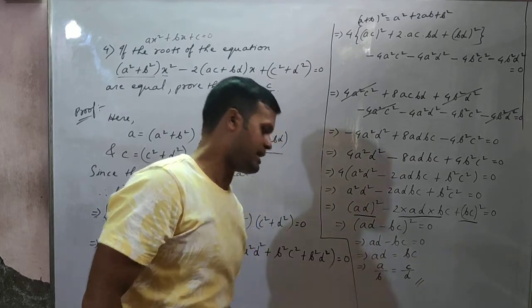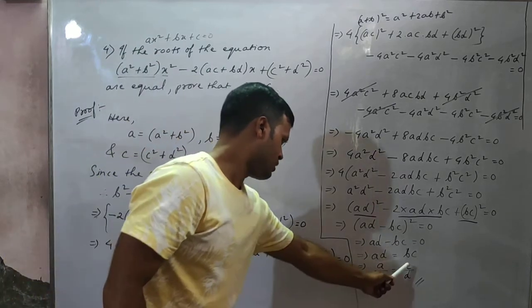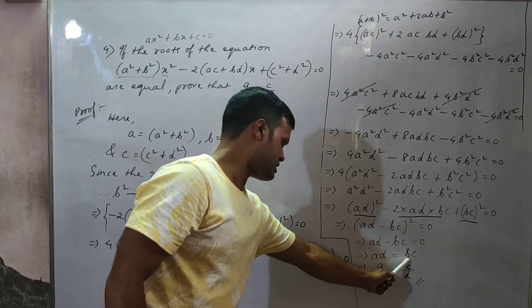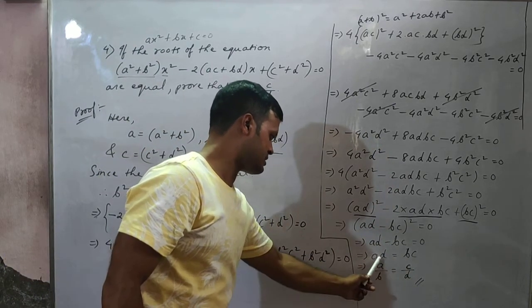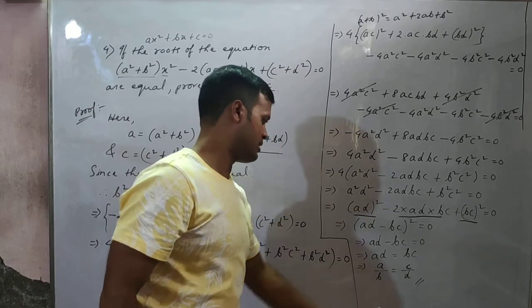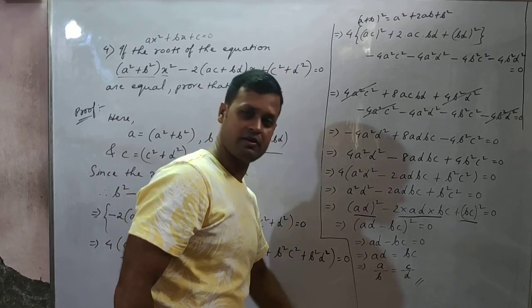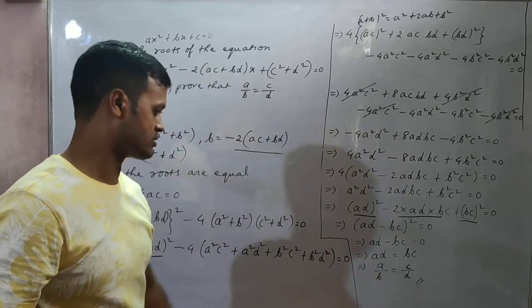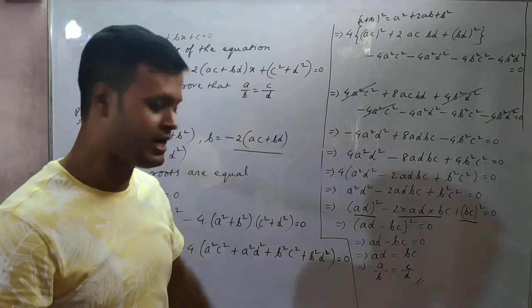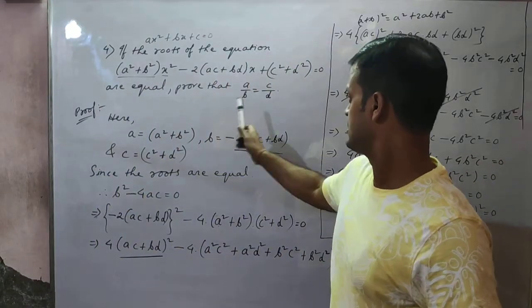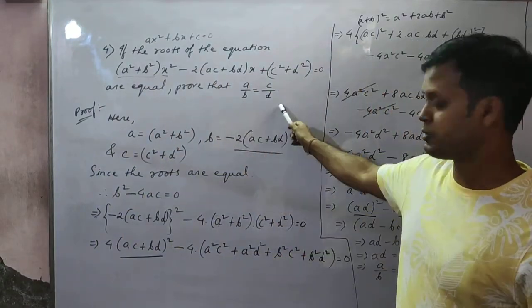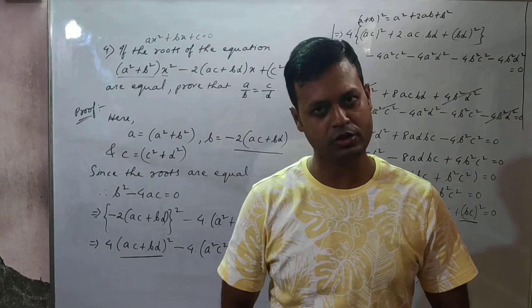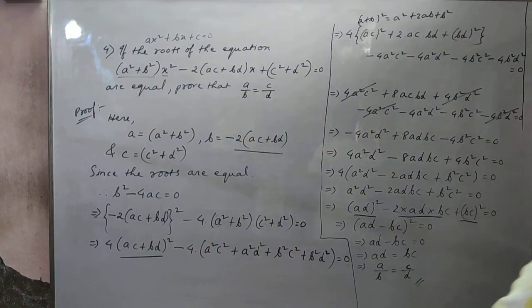Minus BC if I take to the right side it will become plus BC. So this B is there now. This B I'll cross multiply and bring this side, and this D I'll cross multiply and bring this side. B is multiplied now. Here if I bring it, it will get divided. D is multiplied here. If I bring it that side it will get divided. So a by b is equal to c by d is the answer, isn't it? See here. It's proved, no? Isn't it? It's proved, isn't it? So, understood? Okay.